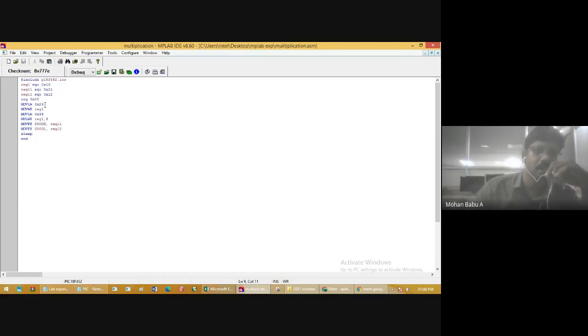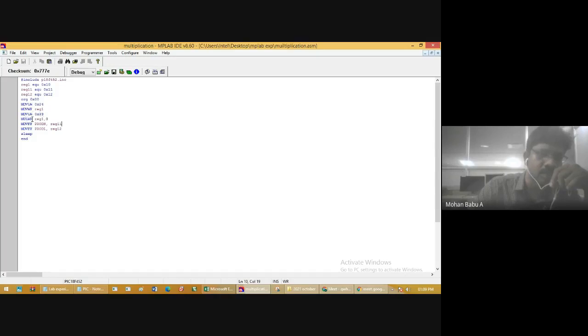Okay, I am giving the two numbers 24 and 39. These two numbers are getting multiplied and the result is stored in two registers, register 11 and register 12. What is the location for register 11, register 12? 0x11, 0x12. After performing the multiplication, see here, move LW 0x39. It is another data in the working register.